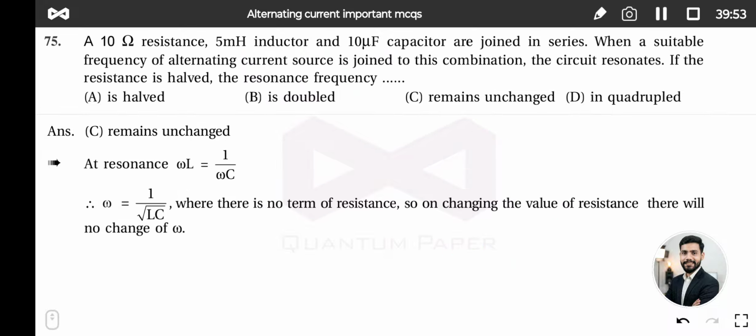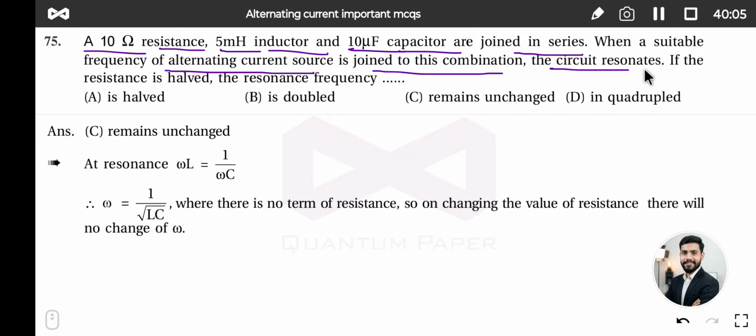Next question. A 10 ohm resistance, 5 millihenry inductor and 10 microfarad capacitor are joined in series. When a suitable frequency of alternating current source is joined to combination, the circuit resonates. If the resistance is halved, the resonance frequency. So the correct answer is remain unchanged, because